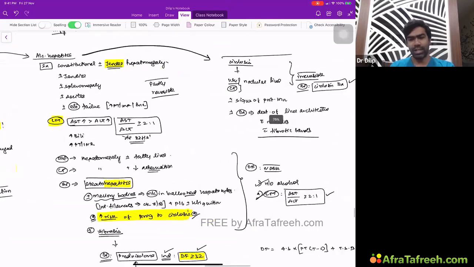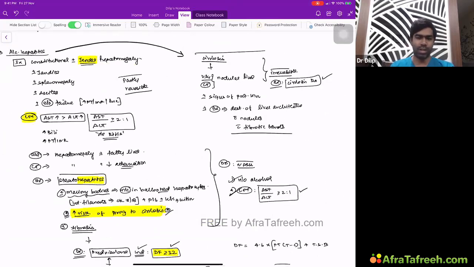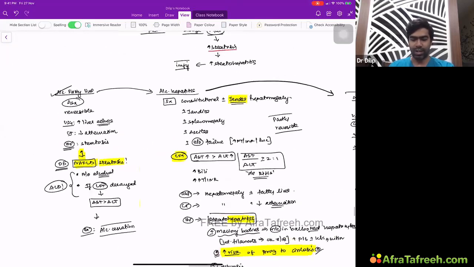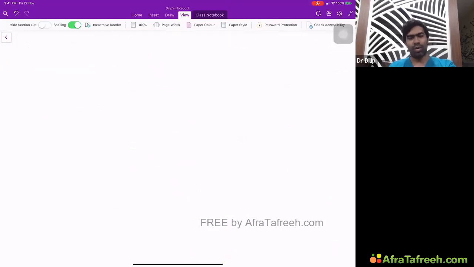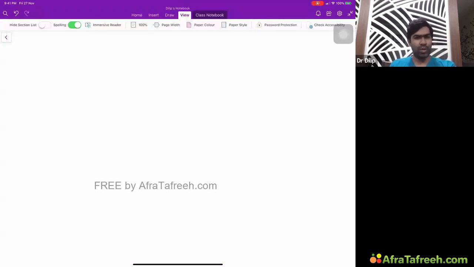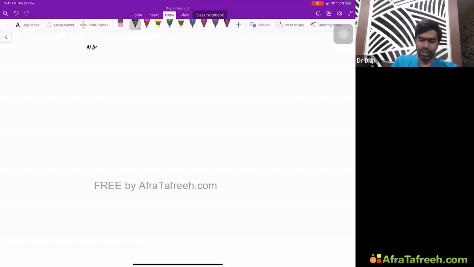Then the final stage is cirrhosis. Once you get cirrhosis, it's irreversible and you give standard cirrhosis management, and there is no doubt about that. So these are the three spectrums of alcoholic liver disease, all of which are very, very important to know. And we do have non-alcoholic fatty liver disease. I already told you how to diagnose it. In the exam, it's very simple.